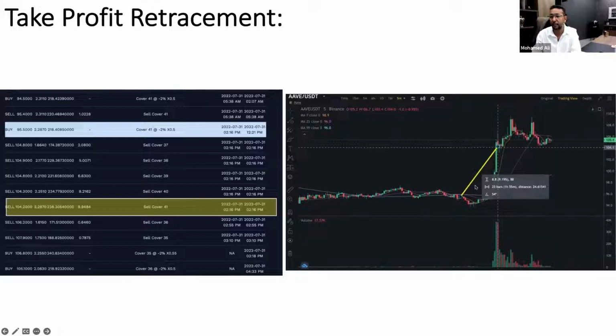It was somewhere here, but the market was only moving up. If you look at this green candle, that means the market was moving up. So the bot decided not to close it here, to close it at the highest possible points, and that's what happened. It just went up high here, waited for the market to reach the peak, and then the market started moving down by the 0.5%, then closed it here. So instead of just making 1%, it made 9.19%, and that's exactly how I designed the strategy to work.